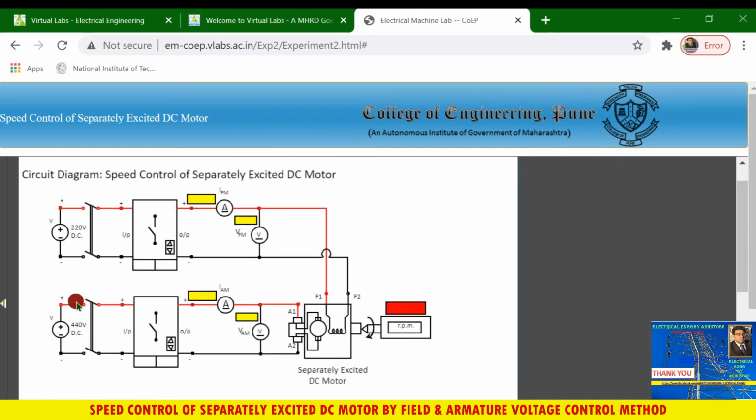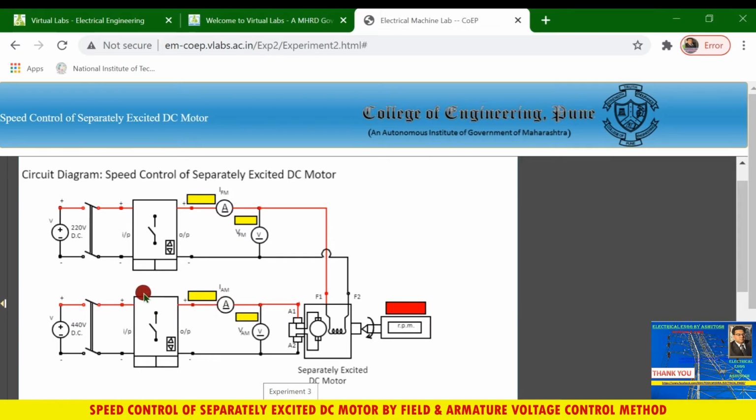And this is the armature part. The armature of the motor is connected across A1 and A2. This voltmeter is connected across the armature in order to measure the armature voltage, and the ammeter is connected in series with the armature; it will read the armature current.